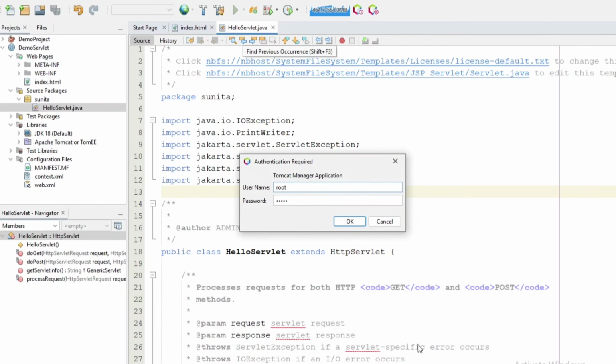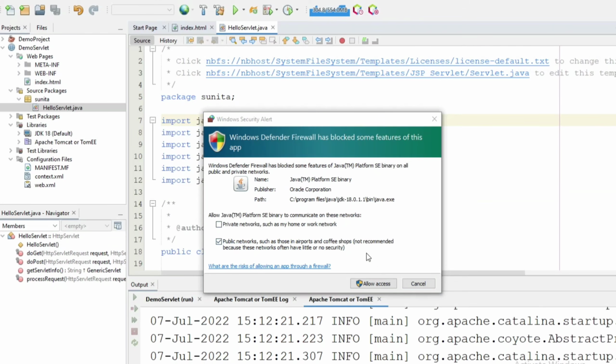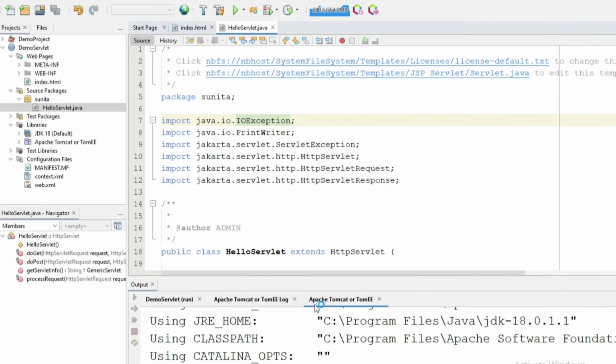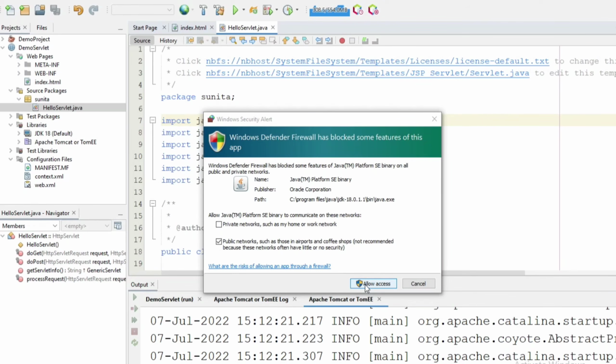Okay, so it is deploying your project. Now it is asking me for authentication details. So my username was admin, and let me type the password. Okay, so it is asking me permission to run my project. So I'll just click on allow access.